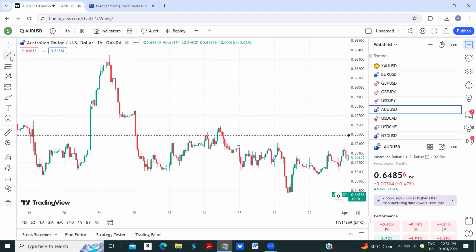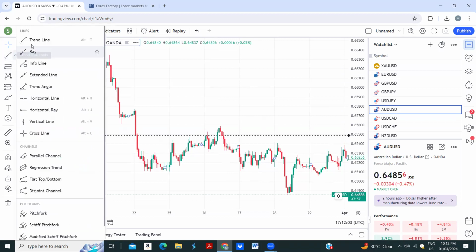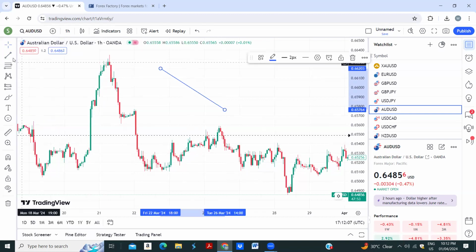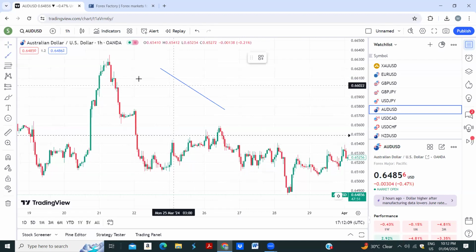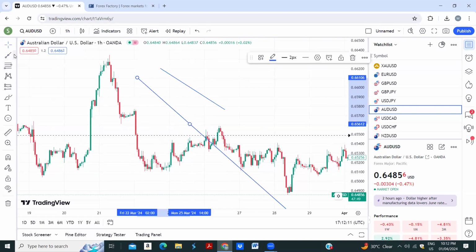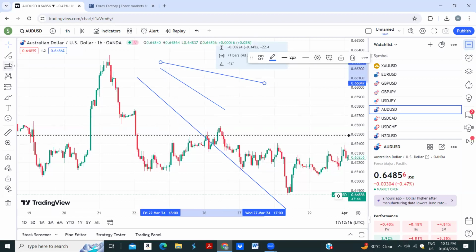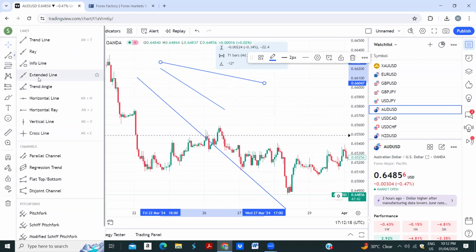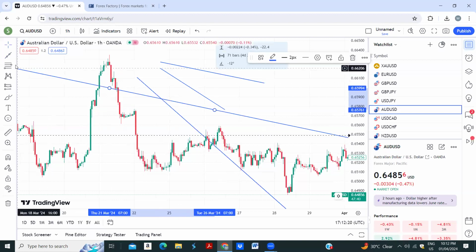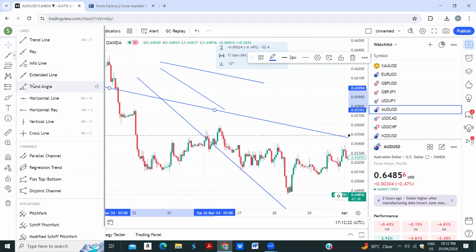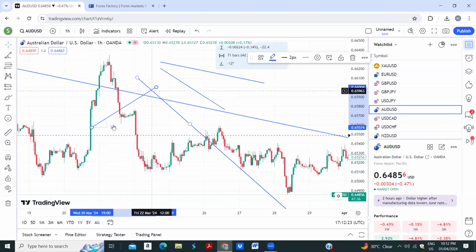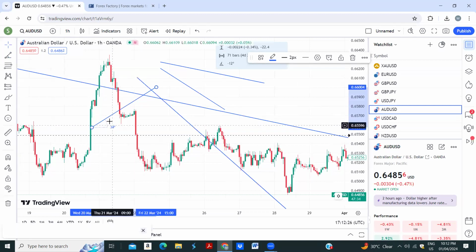Here you can see this is a line tool, the trend line tool. Here you can see different types of trend lines. You can draw a trend line like this. You can select another, ray. This is ray. All right. You can select info line. You can select extended line. You can draw trend angle line. This trend angle line will show you the angle of the trend,